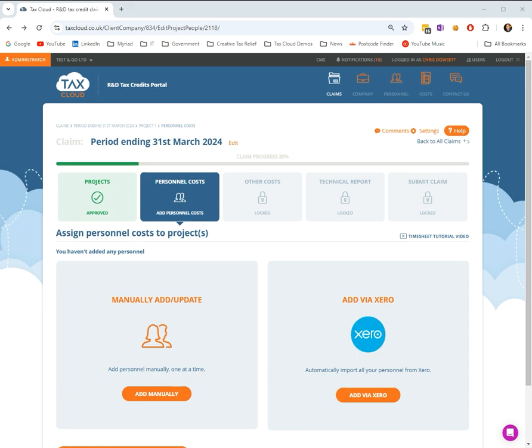There are two sections within the Tax Cloud platform where we integrate with Xero. One is personnel costs, where we bring in your payroll details. And the other section is other costs, where we bring through supplier billings. So in personnel costs, if we click Add Xero,